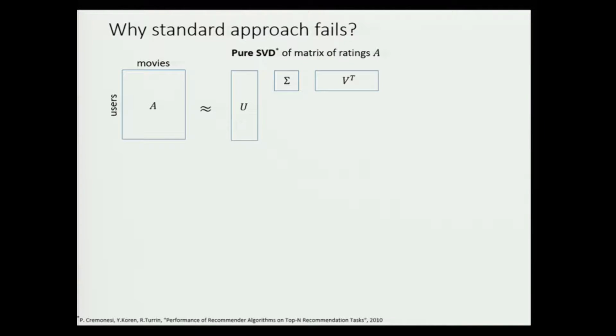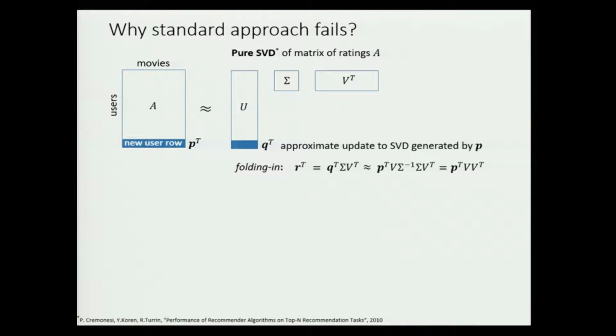So in pure SVD, the missing values are simply imputed with zeros, and then you compute a singular value decomposition. And when a new user is introduced to the system, it corresponds to a new row in the rating matrix. And of course, we don't want to recompute a full SVD just to recommend something for this